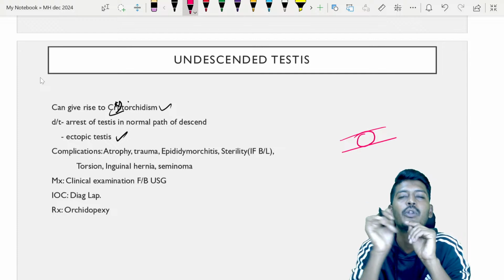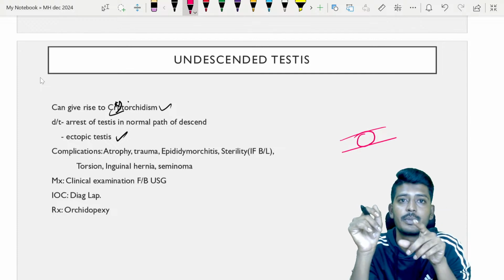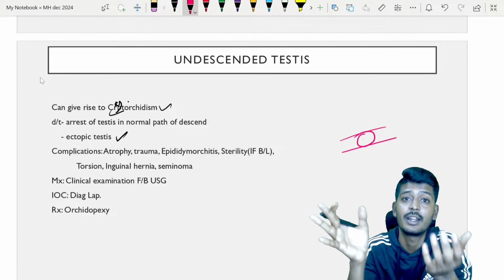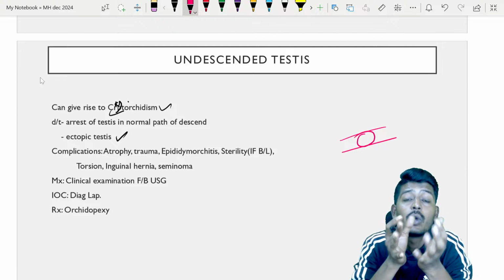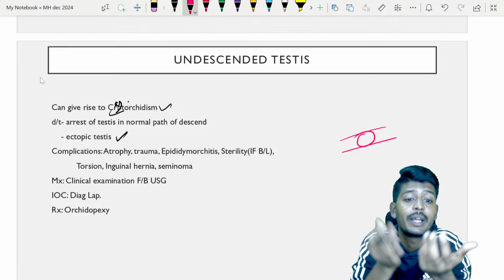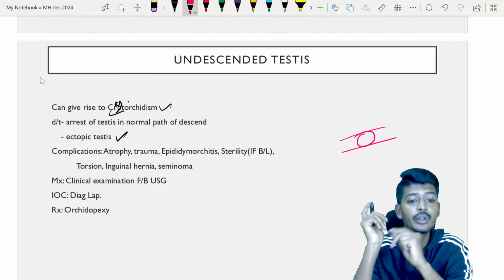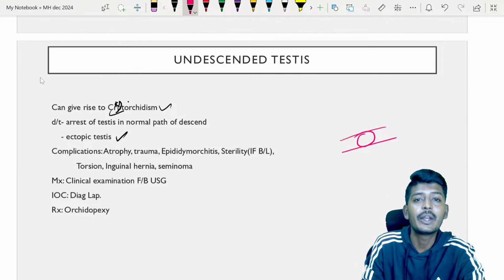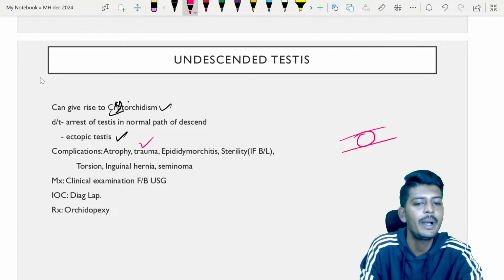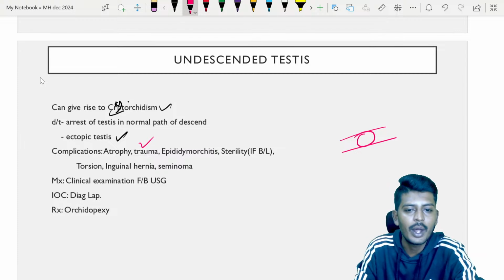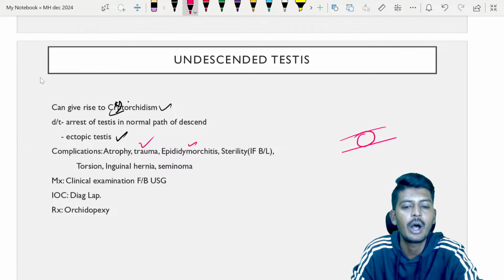The same thing can happen to the testicles, but here atrophy is not because of not using the testicle, rather it is because the abnormal location will not allow the testicle to grow, because enough space and enough blood supply are not there. That is why it leads to atrophy. And because they are stuck in the inguinal canal, during some physical activity they can undergo trauma. There is one more possibility, inflammation of the epididymis and testicles, called epididymo-orchitis.